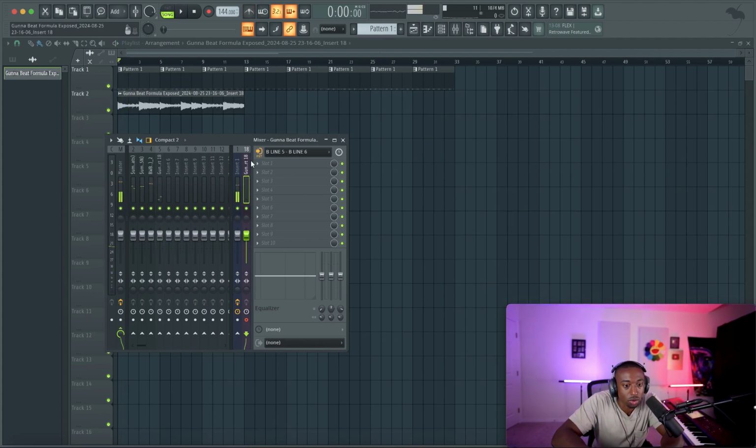Okay, so now we're going to create another take and make small differences. This is going to create the width in the track without adding a bunch of plugins.